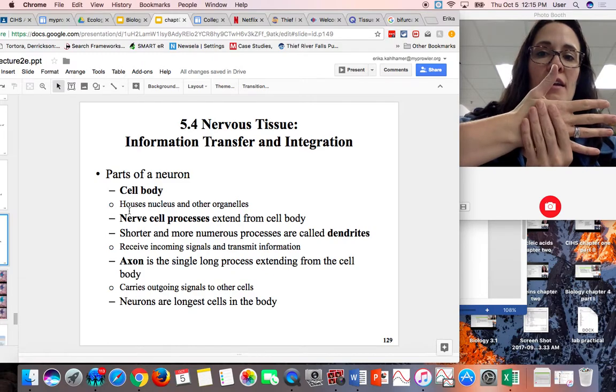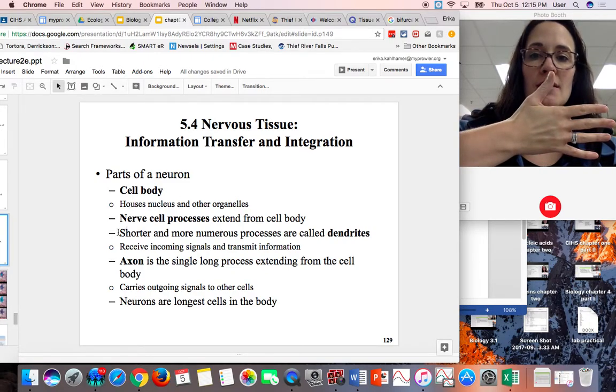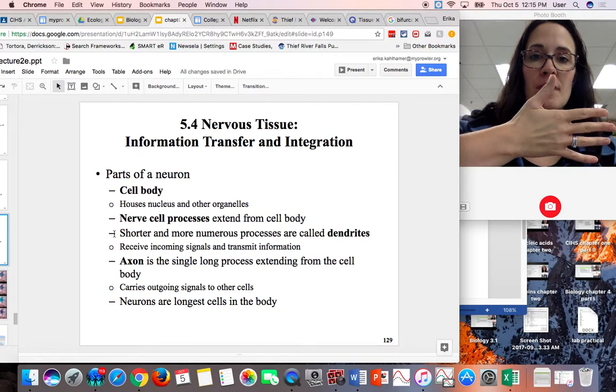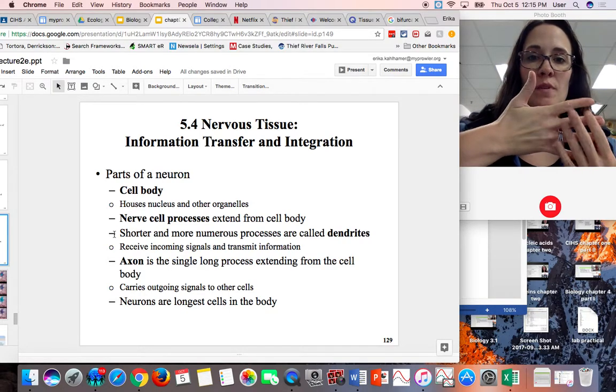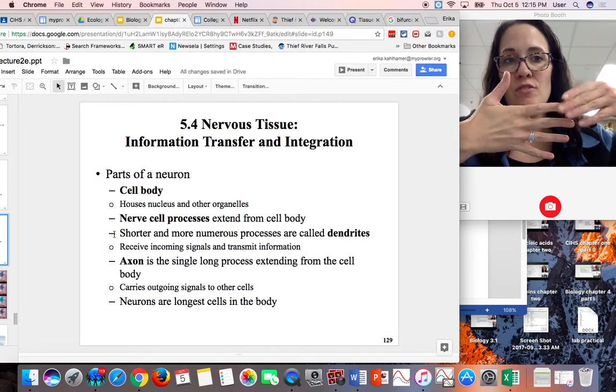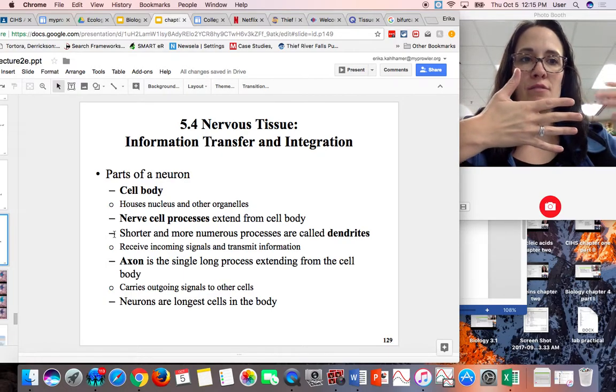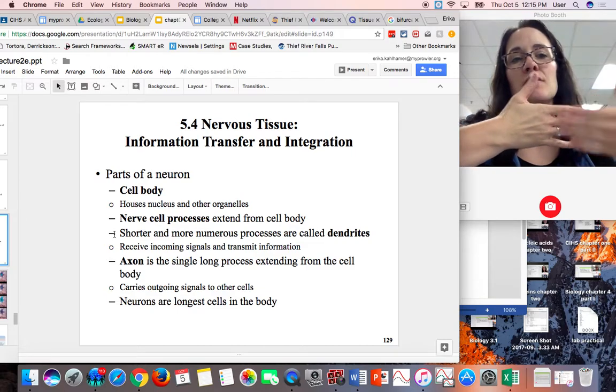The palm of your hand would be the cell body, which houses the nucleus. The nerve cell processes extend from the cell body, so those would be like your fingers. They're shorter and more numerous, and they're called the dendrites. They receive signals that are coming in from other neurons, and so they receive that information and then send it